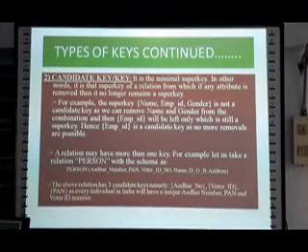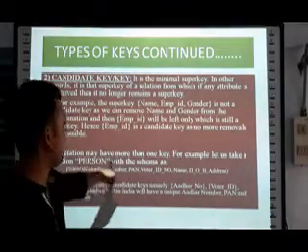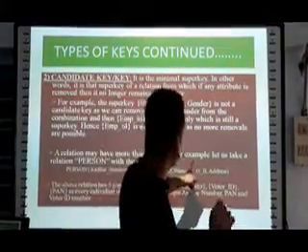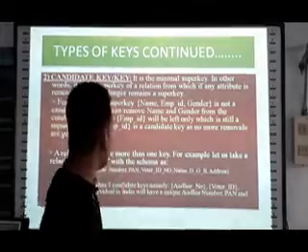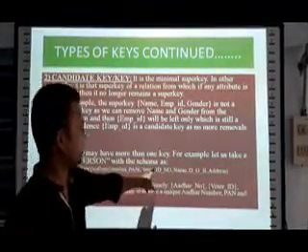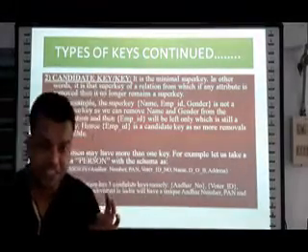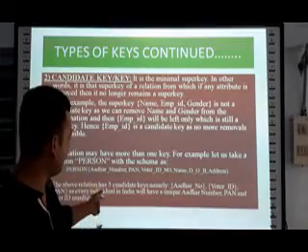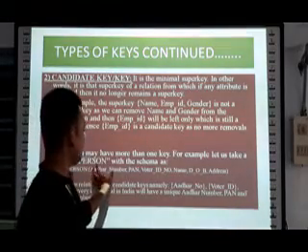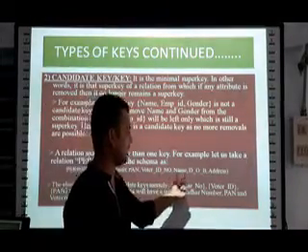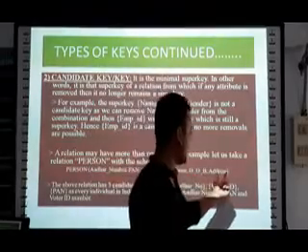Now one more example I have taken here. See, a relation may have more than one key. One relation can have more than one candidate key or key. For example, let us take a relation person with the relation schema as person. See, it consists of how many fields or attributes? The first attribute is Aadhaar number, the second one is PAN, the third one is voter ID number, the fourth one is name, the fifth one is date of birth, and the sixth one is address.